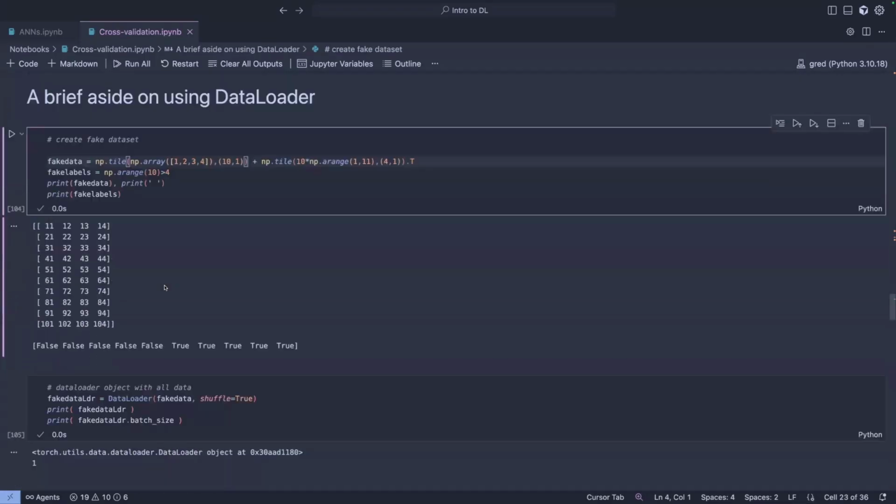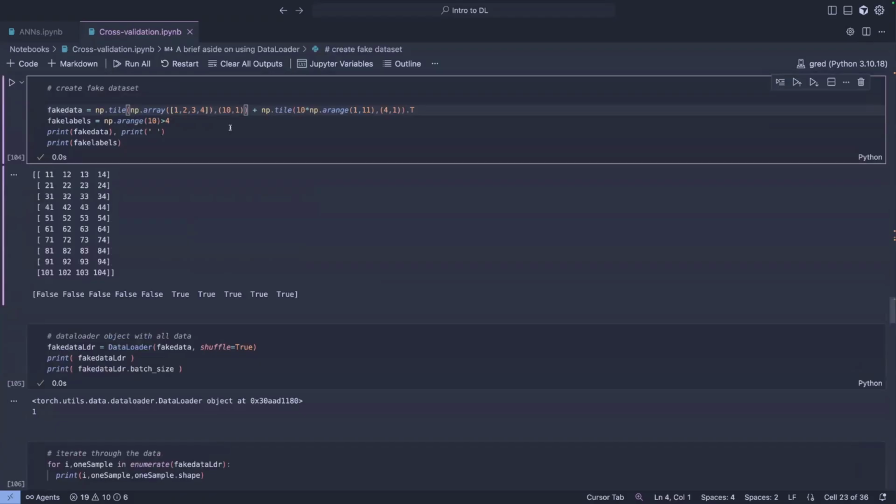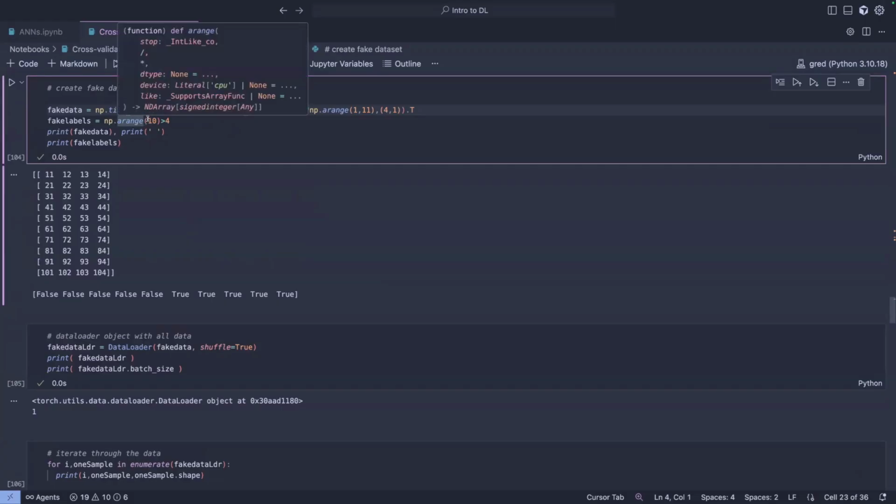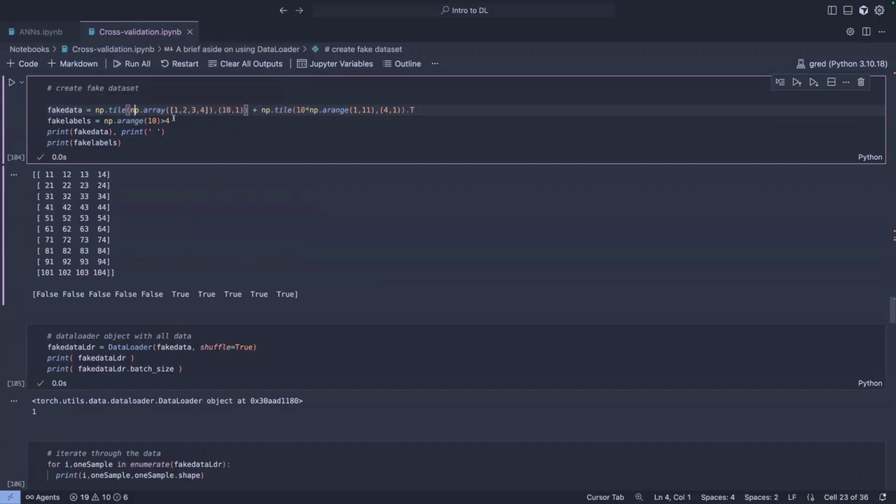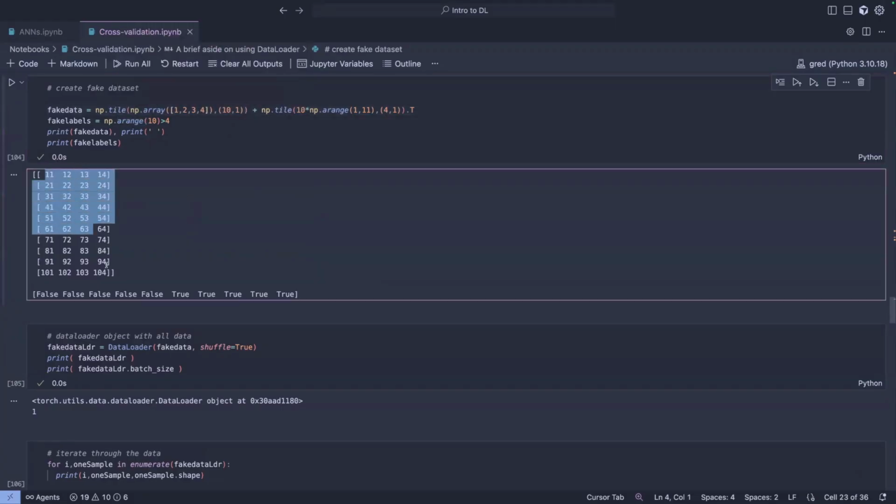This is fake data to show you. I found this in one of the popular repos, from one of the people teaching deep learning, so it was a pretty nice example to use. Basically, they're creating this fake data to show you how the loader can handle the data. The data itself is vectors of features. It goes from 11, 12, 13, 14, and then every time they change it, like 20, 30, 40, so that you can easily see it.